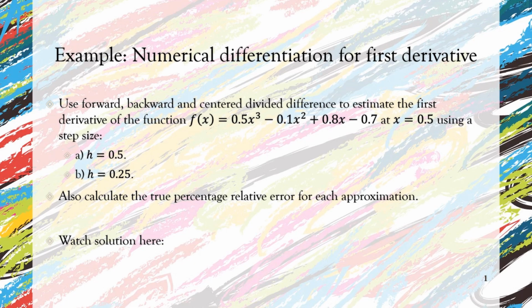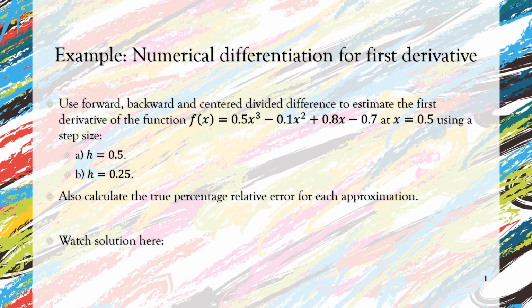Here is the question. Use forward, backward and centered divided difference to estimate the first derivatives of this function at x equal to 0.5. So if we say that the first derivative is df dx, what is the value of df dx at x equal to 0.5? And we are going to apply first forward divided difference, and then after we got the solution we apply backward divided difference, and lastly the